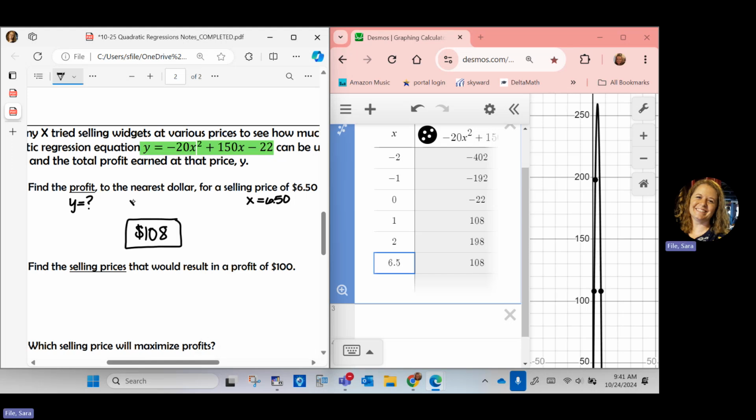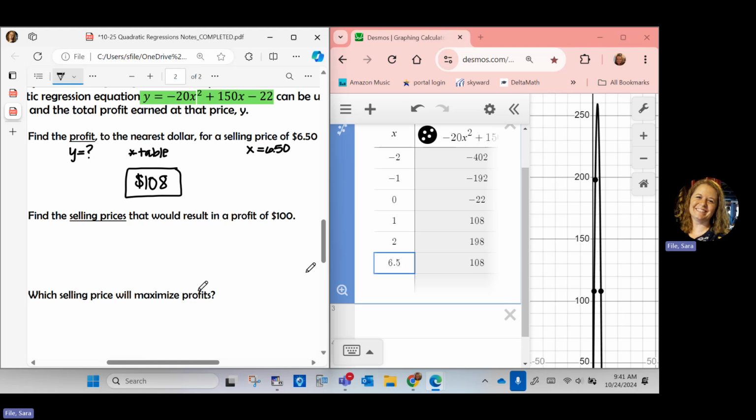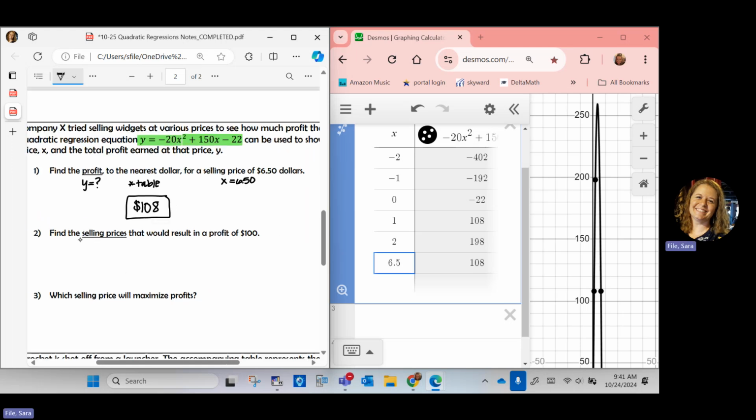And I used the table. I'm just going to put a little note of how I solved this. I used that table that I created in Desmos. Now the second question says, find the selling price, that's X. So this time it's,